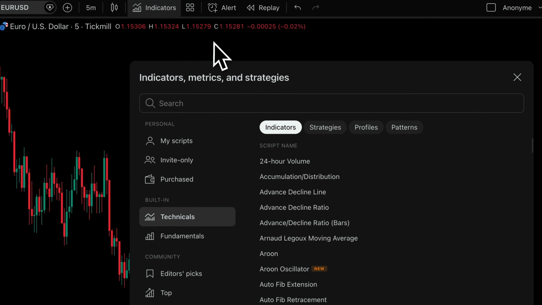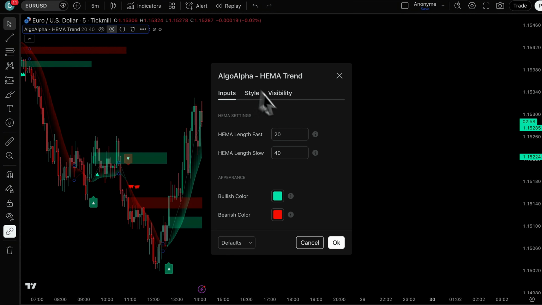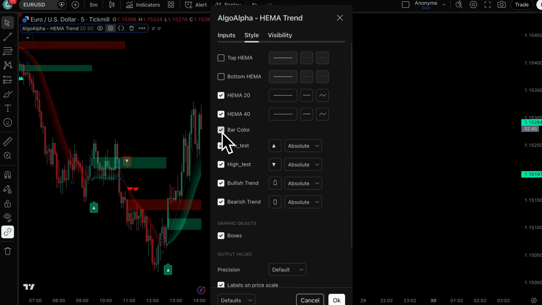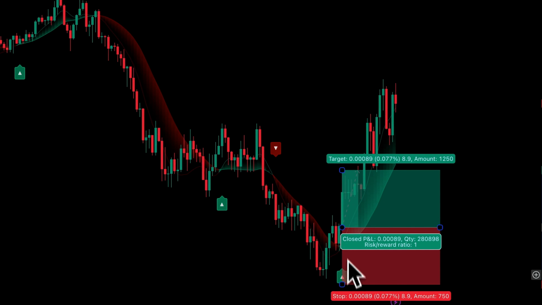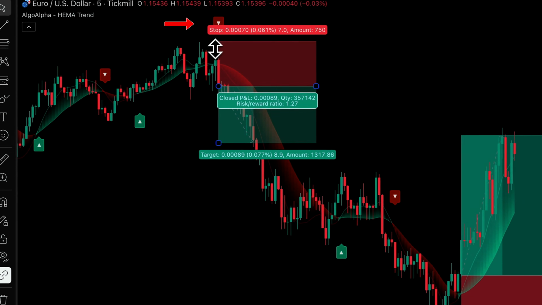You add this technical indicator. We go into the settings to make a few changes. You delete 40 and you type in 50. On the chart, you have a very effective indicator that will give you buy signals and will also give you